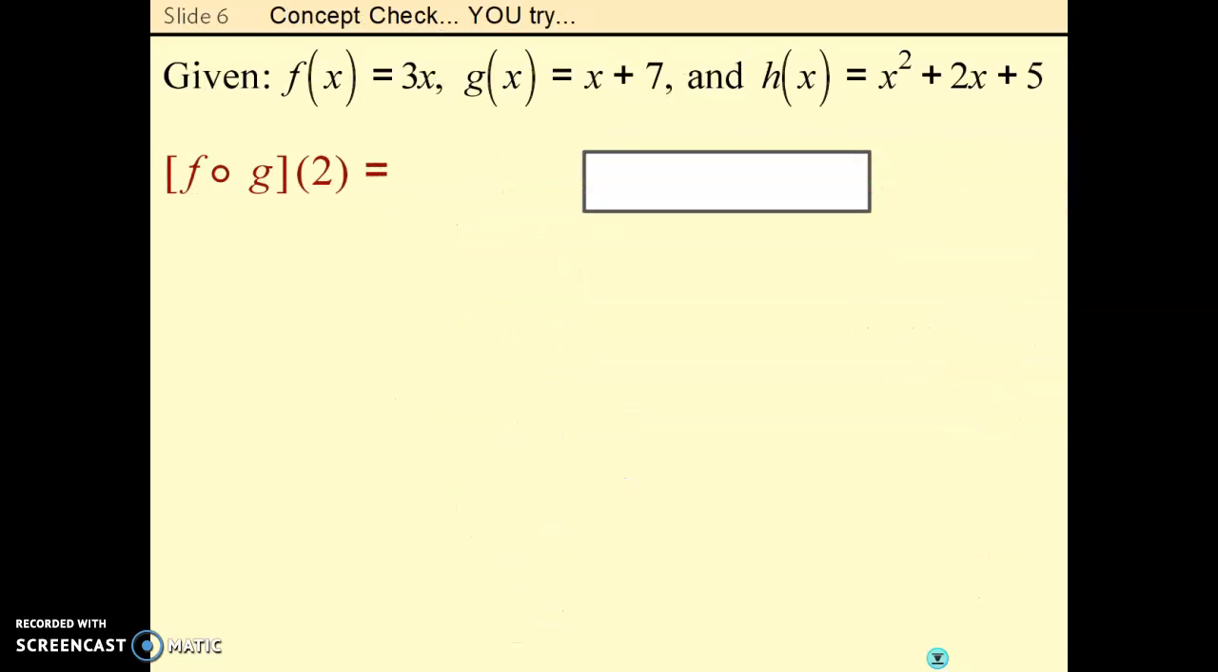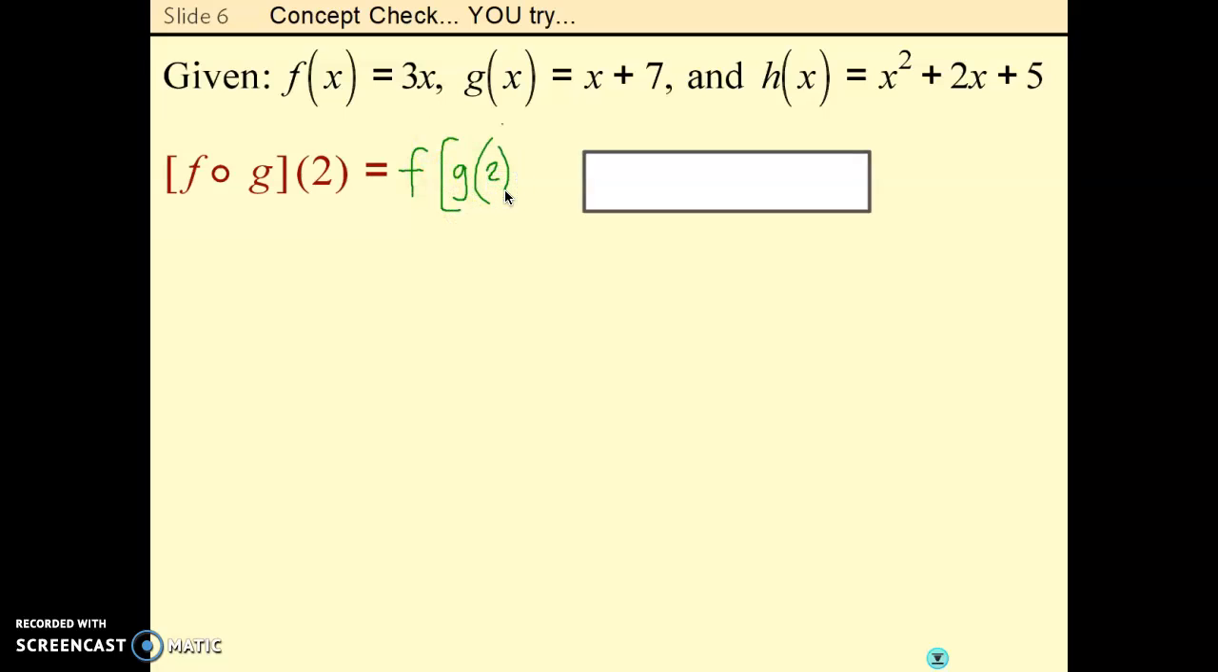All right, this will be our last slide. I'm going to skip slides 7 and 8, the ones with the graphs; those we'll save for when I get back. So if you want to try f of g of 2, notice there's 3 different functions. Again, the f, g, h just gives us which function to look at first. So if I rewrite this,